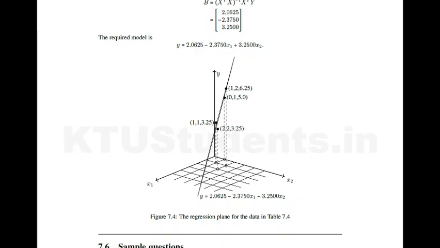And remember that in multiple linear regression, a response variable depends on more than one independent variable. You should never write that there will be more than one response variable. That is illogical, because only one outcome we are predicting. Whether it will rain or not depends on the temperature, humidity, or many other factors. House price prediction also depends on the locality, whether it is municipality, corporation and so on, then the area of the house, the number of bedrooms, car parking area, number of bathrooms, kitchen size, or many other factors.